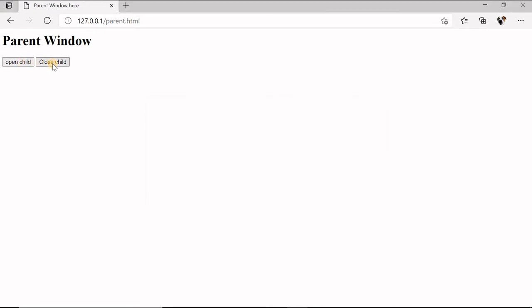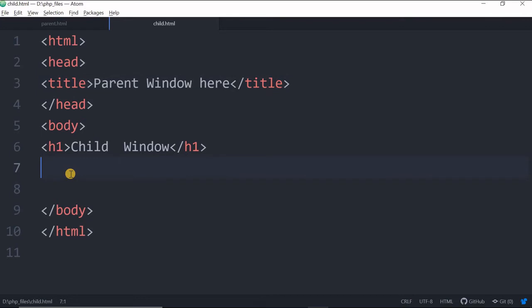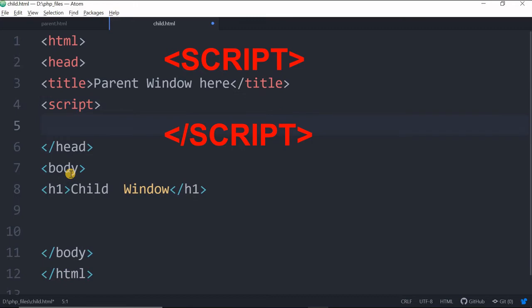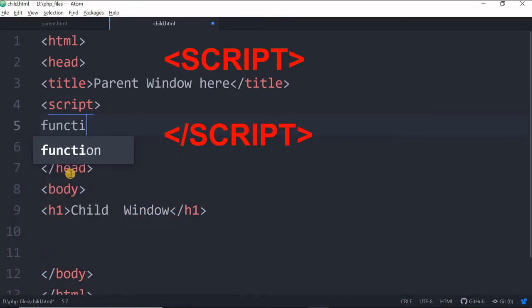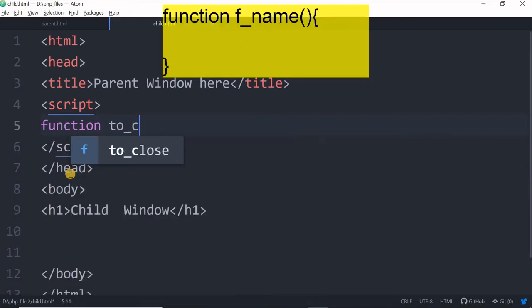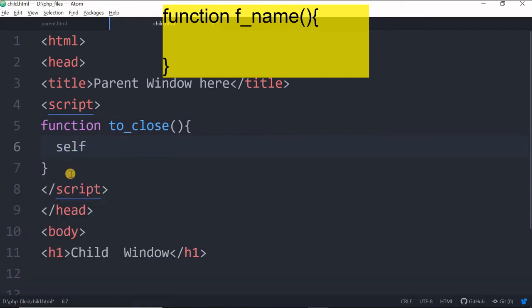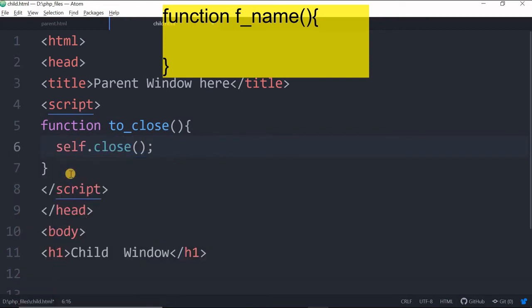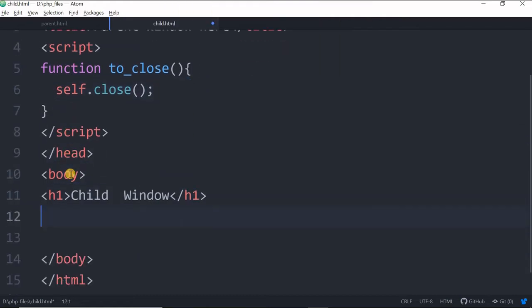Now close it again. In our child window, we'll add a close window button, which will close the child window. For that, let's first write the function here. We'll say script, and close the script. Inside this, we'll say function toClose, and inside that we'll say self.close. This will activate by clicking a button.